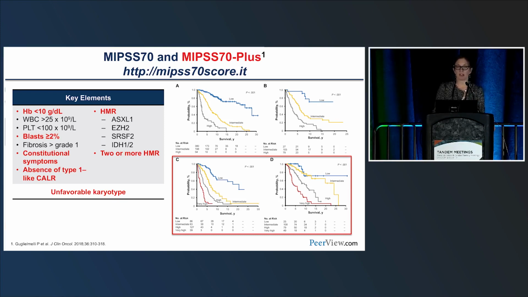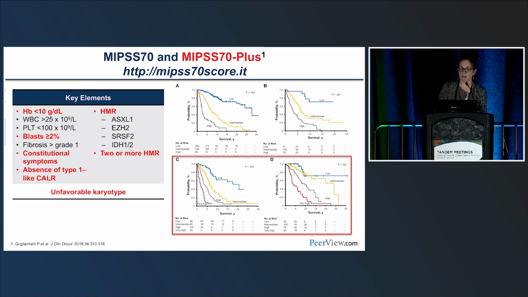And again, this uses some of the very similar things that we see in a lot of the other prognostic scoring systems, including hemoglobin, white blood cell, platelets, et cetera. But the one thing that's unique in this one is it does include these high-risk molecular mutations such as ASXL1, EZH2, SRSF2, and IDH1 or 2. And you can see that based on the top A and B are